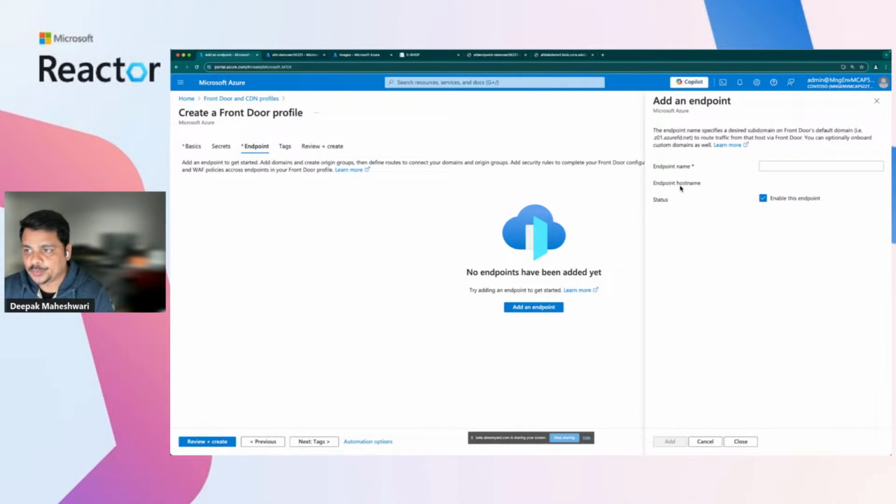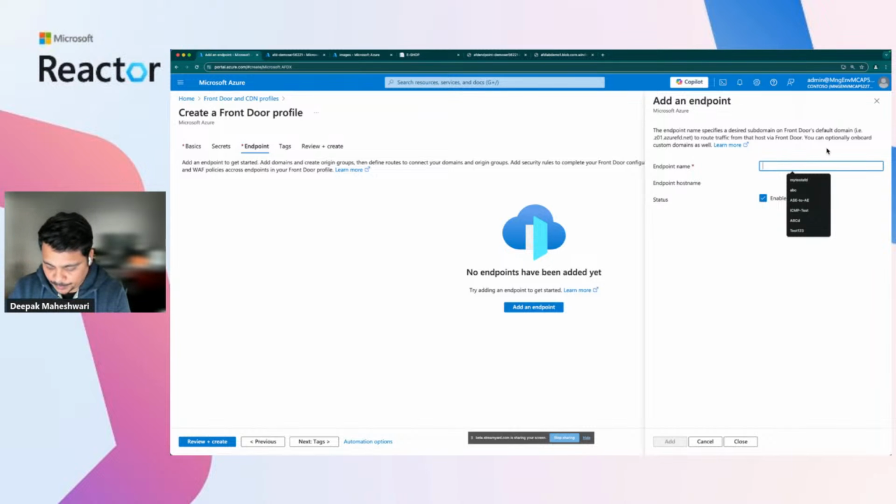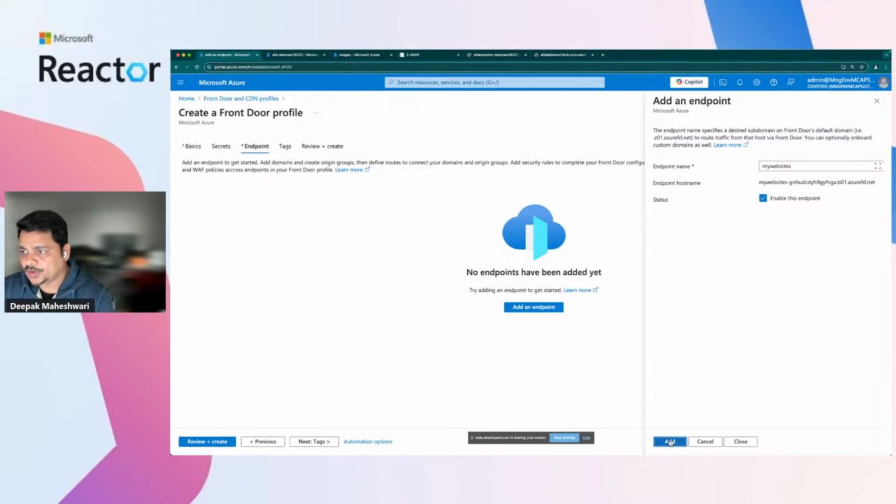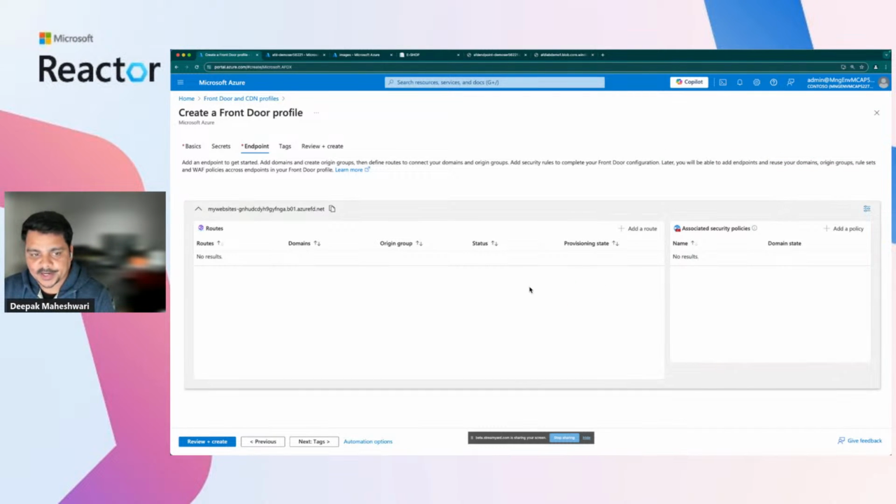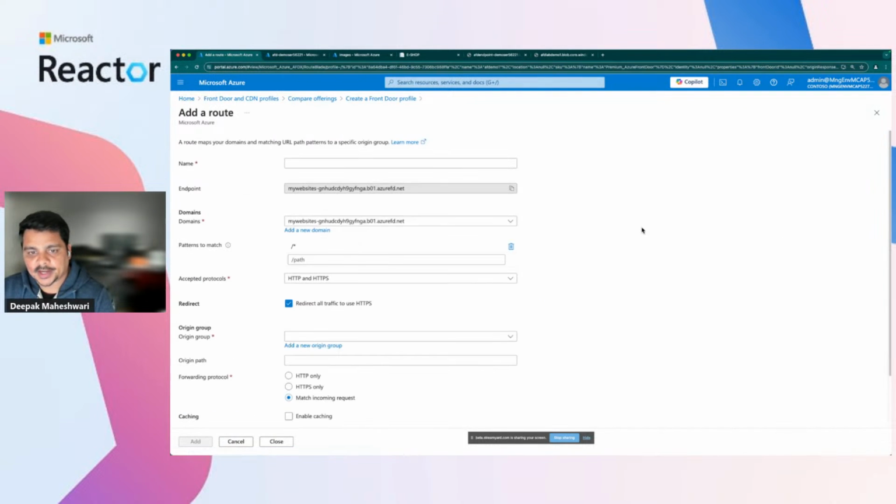So as I said, the endpoint is basically a collection of domains. So I can give a name, click on add, and we enable this endpoint. So the endpoint is enabled. Now within the endpoint, we create the route, and within the route, as I said, we define how we want to route our traffic back to the origin and origin groups. So maybe we'll give a name to this route,